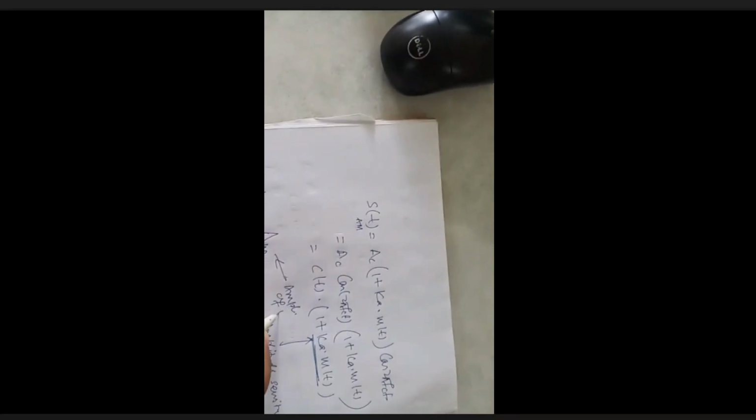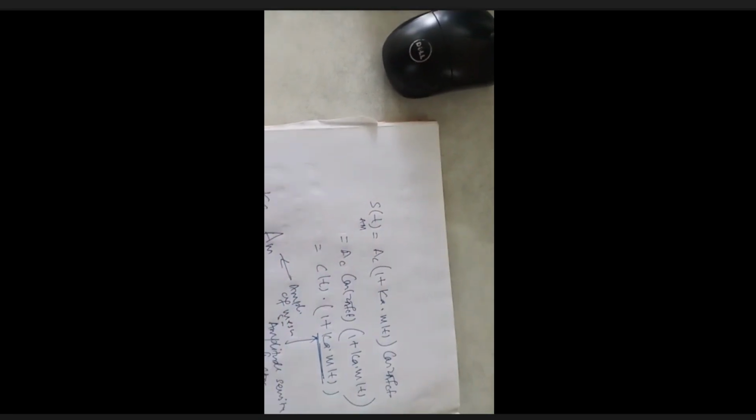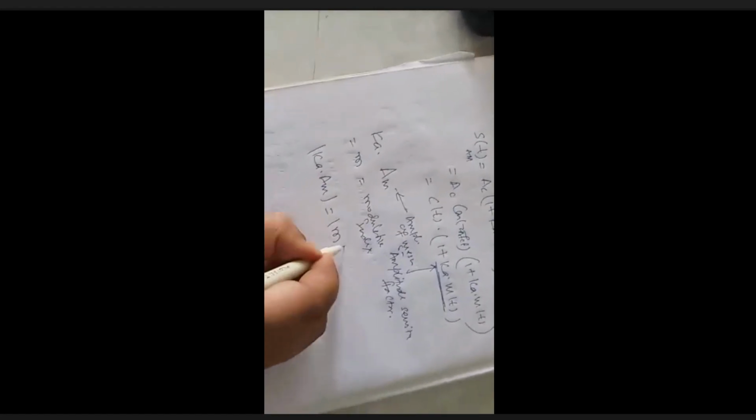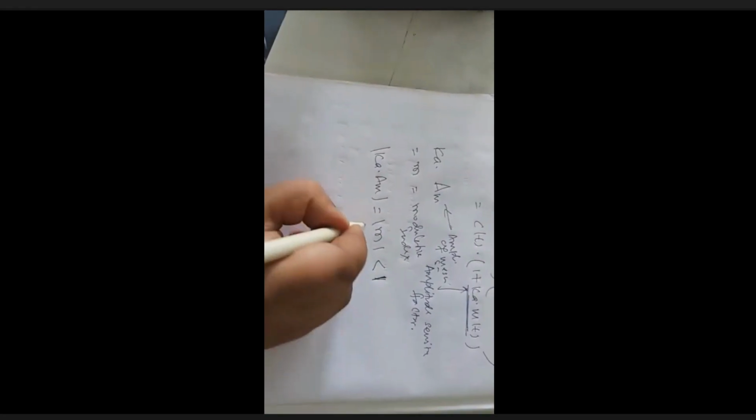So this will be your modulation index M. And this, that is Ka into Am, absolute value I'm talking about, has to be less than 1. This modulation index has to be less than 1.